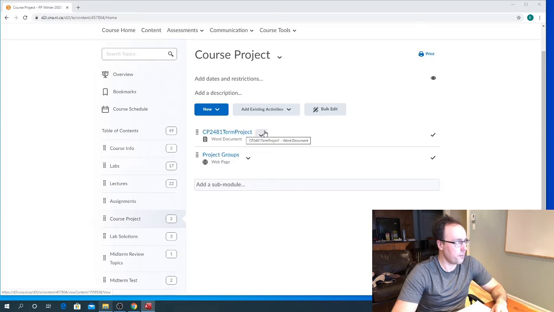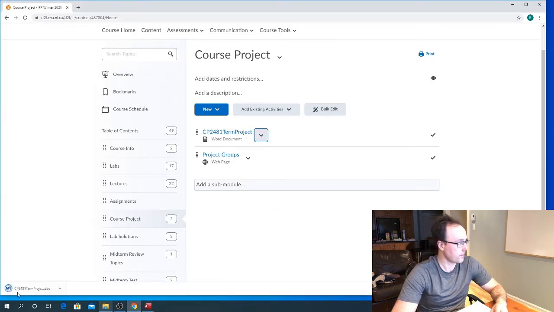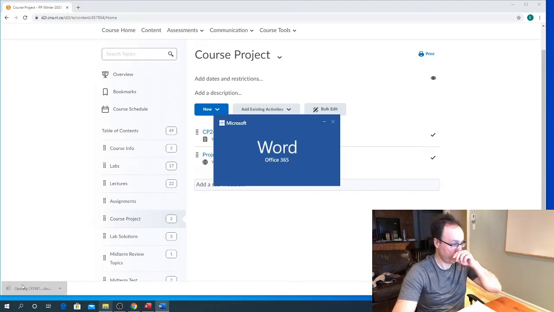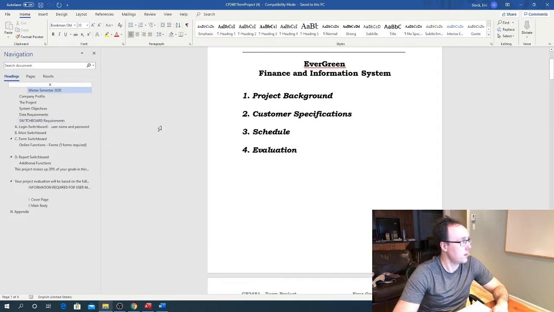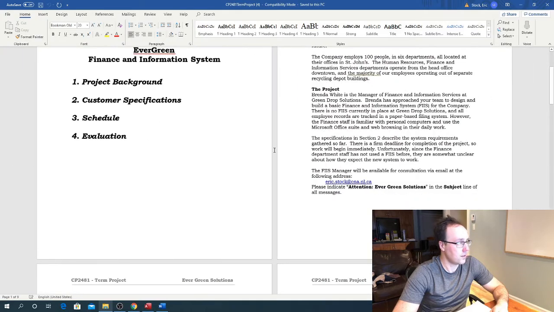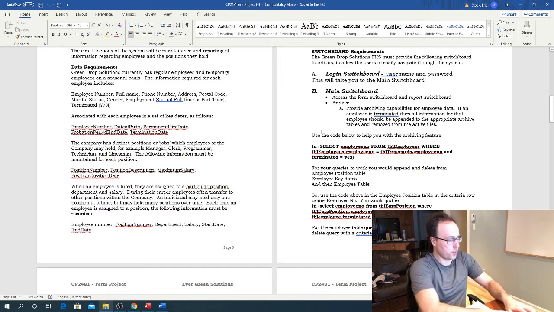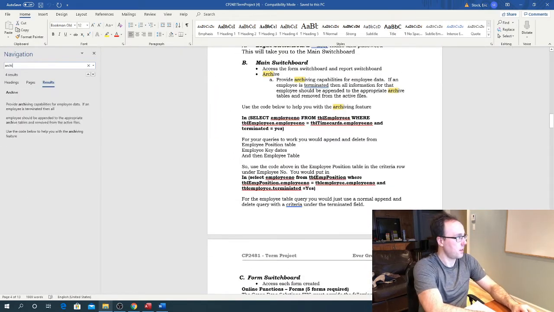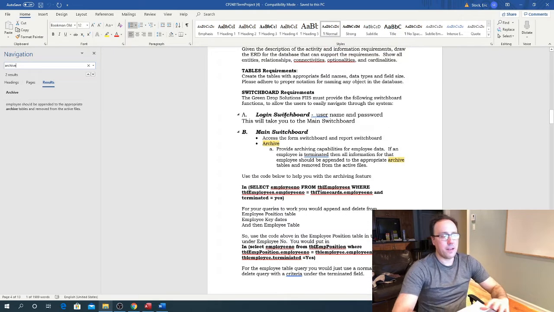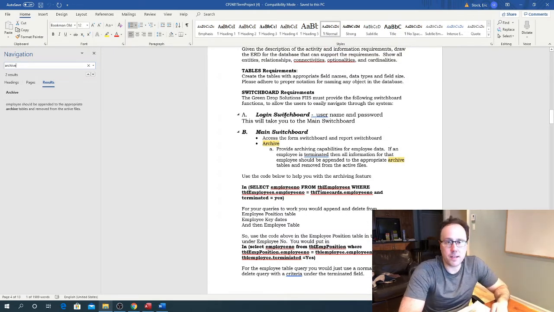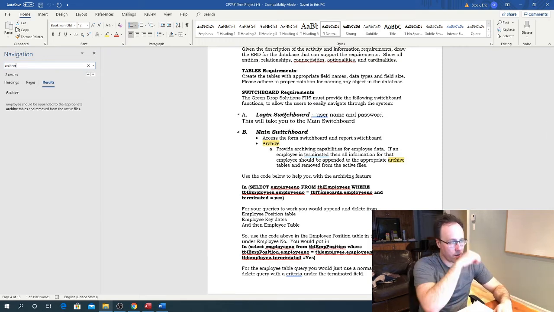So let's open up the document here. I'm just going to download it. Okay. So maybe I should just do a search here for archive. All right. So from the main menu that you come to as soon as you've logged in, one of the